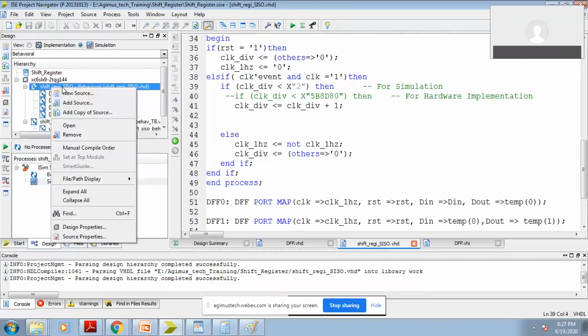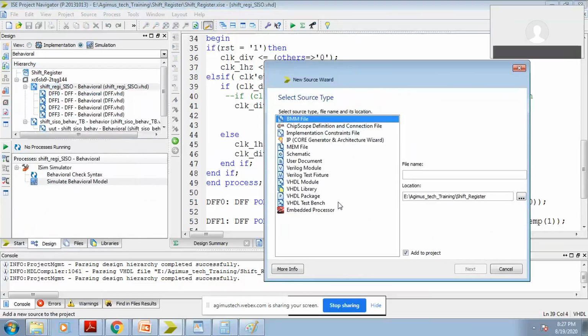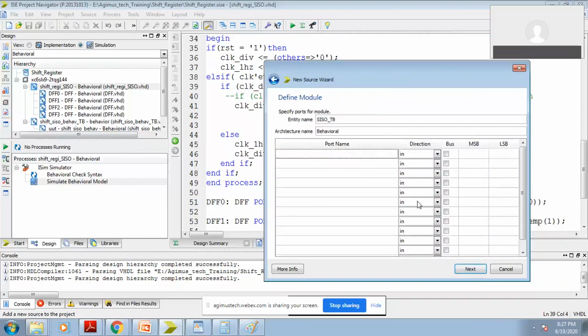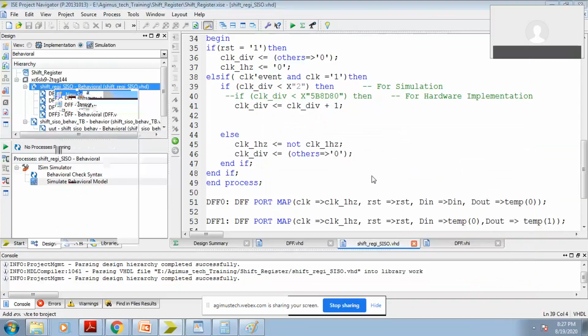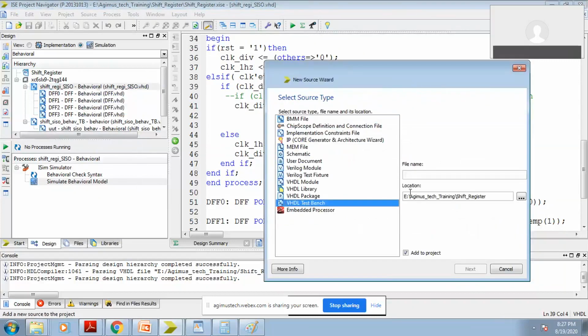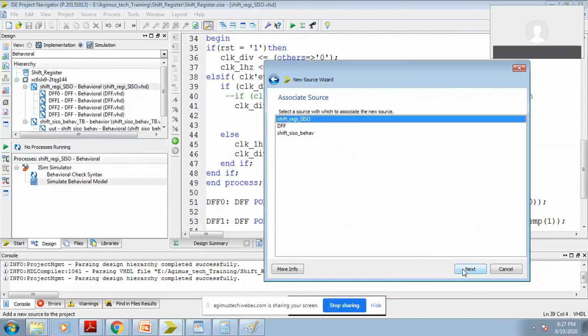I can add a test bench here again. So I'm going to use shift register SISO.